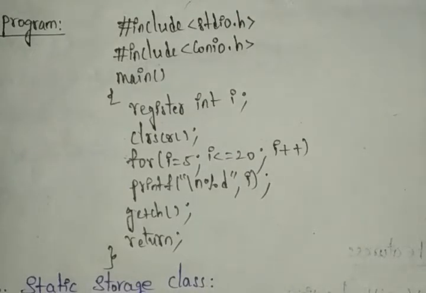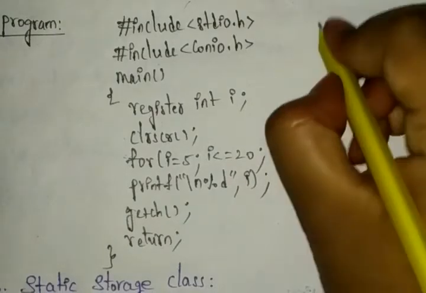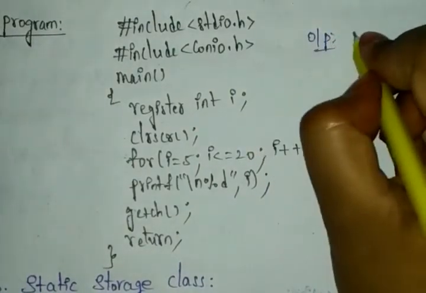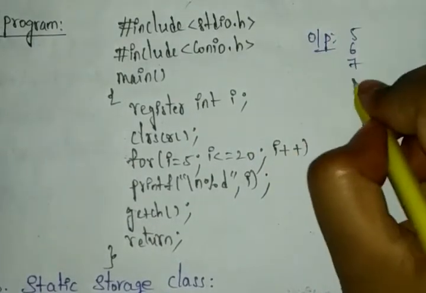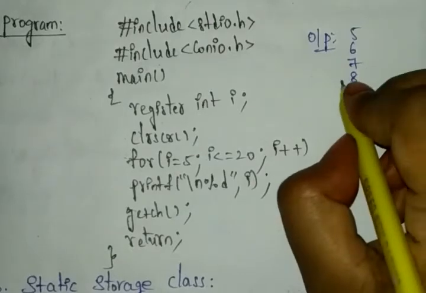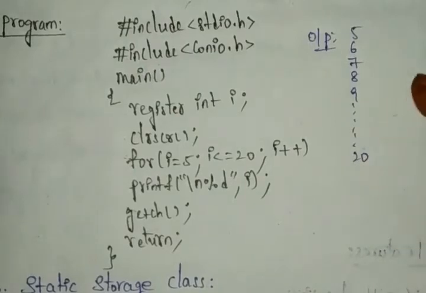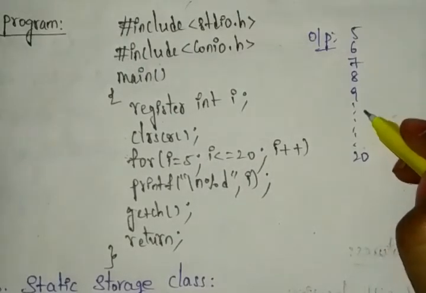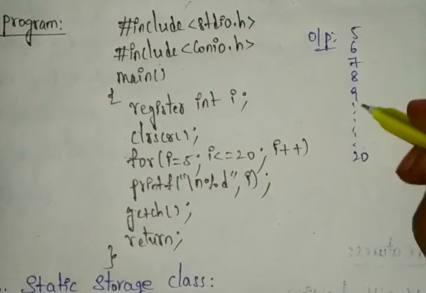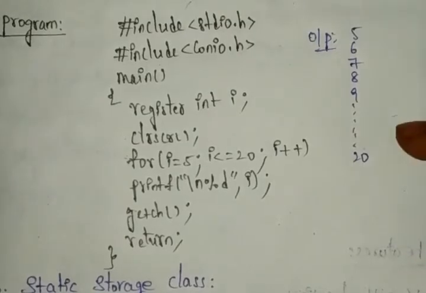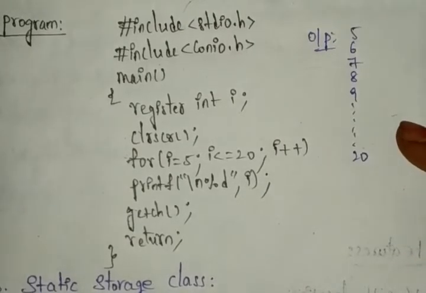Once you define this, the output will be from the starting of 5. Why? Because we started with the i value as 5, and it stops at 20. Why? Because here we took less than or equal to, not less than. So you will get the output 5, 6, 7, 8, and so on, up to 20 values. Normally in the system you will get 9, 10, 11, 12 like that. Just here I'm writing up to 20. Like this you will get the output in the registers.